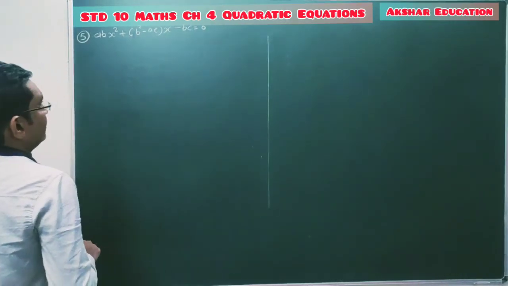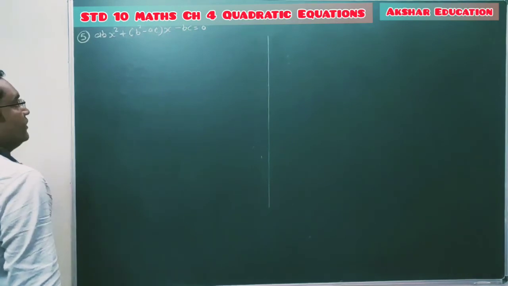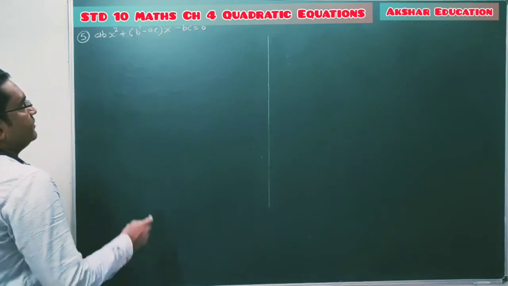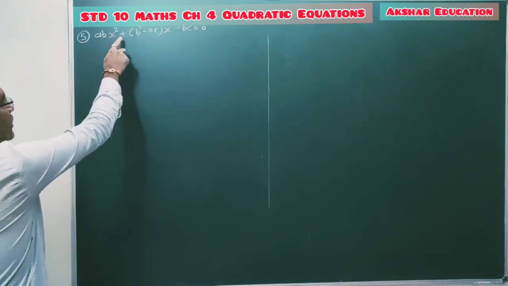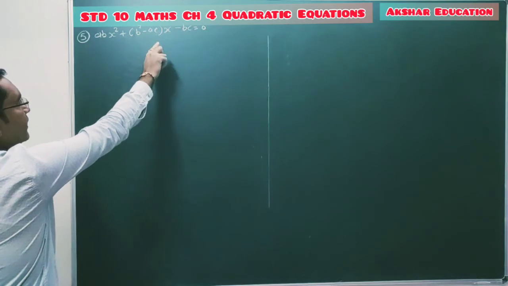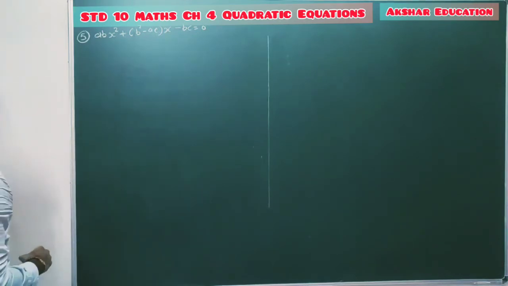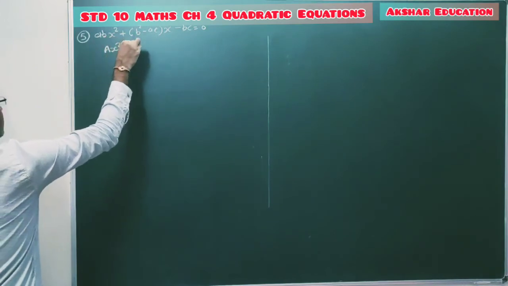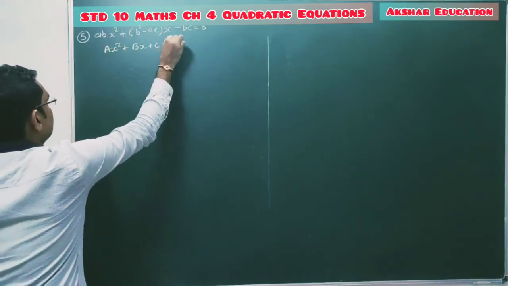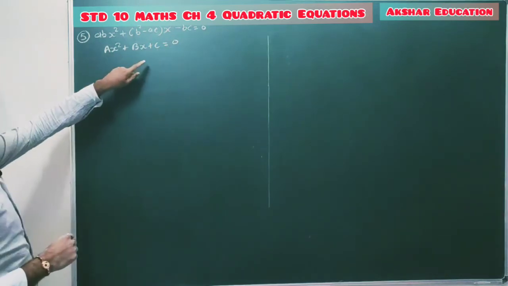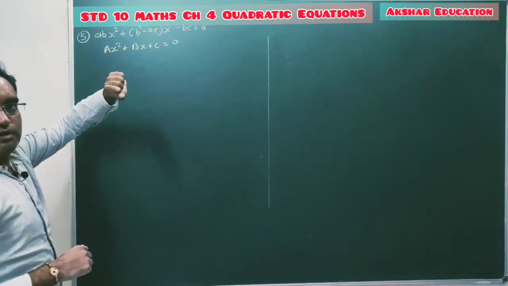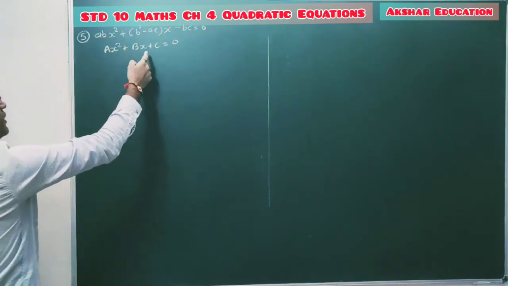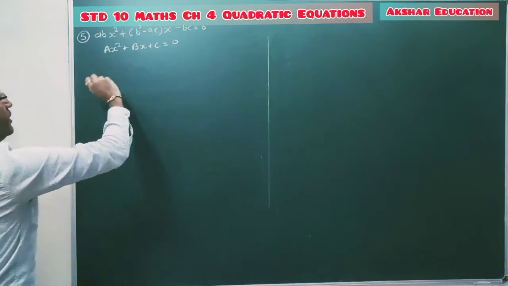Okay students, now check this question number 5, which is a most important question. Here you have to solve this equation by using the quadratic formula, but the equation is abx square plus b square minus ac into x minus b is equal to 0. So here compare this equation with the standard form of equation ax square plus bx plus c equal to 0. Here I consider capital ABC because small abc are given in our question. In the question itself you are given small abc, so here you cannot use small abc as coefficients, so I used capitals.